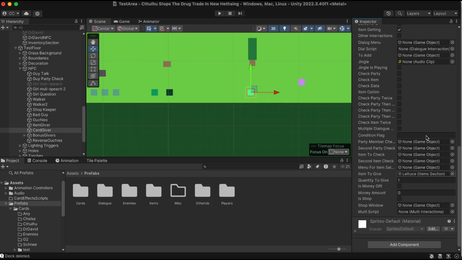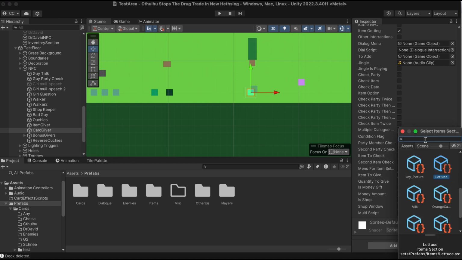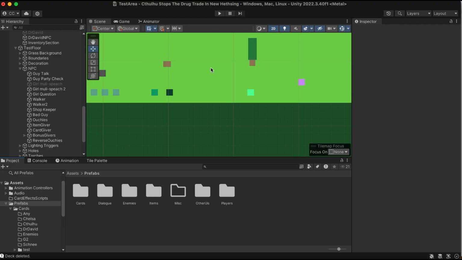And for item to give, I'm changing it to orange. So now